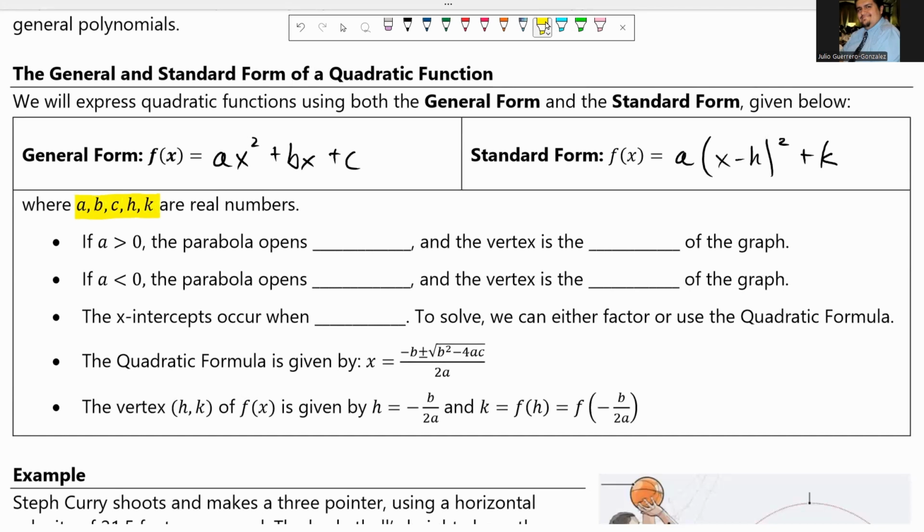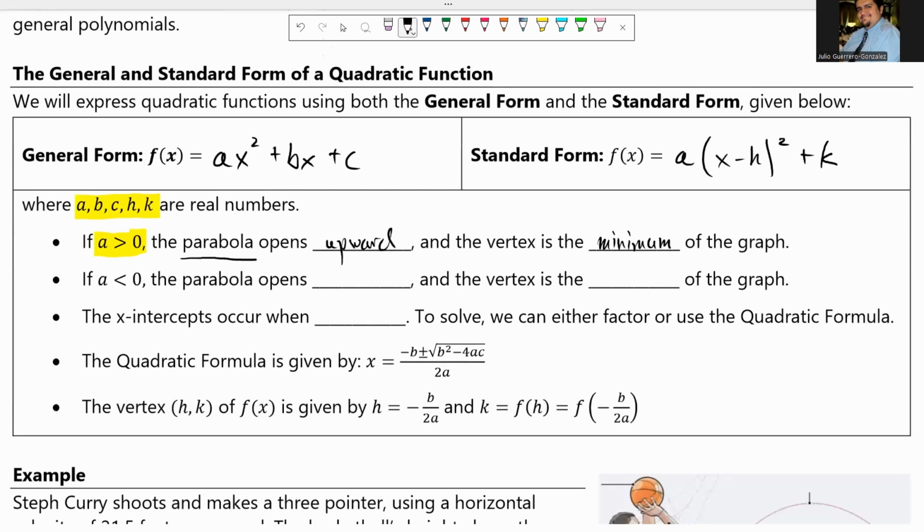There's a couple things that I do want to point out for all of these, right? So the first one, if a is bigger than 0, the shape of these graphs, I'll get to the shape in a second when we do our example. The shape is called a parabola. It's a U shape, okay? If a is bigger than 0, then it opens upward, right? And there's this thing called the vertex, okay? And the vertex becomes a minimum for the graph,